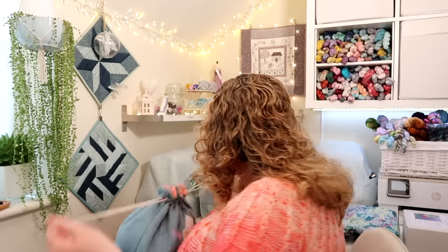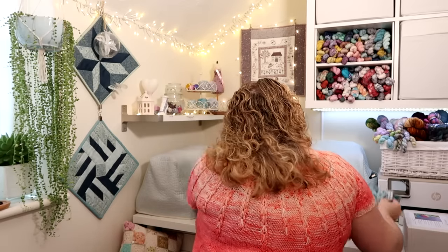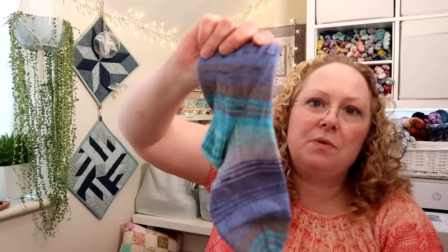It looks quite nice in the ball, but that's a Hot Socks Grundle yarn. I think I've got another bag of socks, so let's just look at those quickly first. Oh, there's only one more pair in here, and I've got one finished, and this was one that was kindly